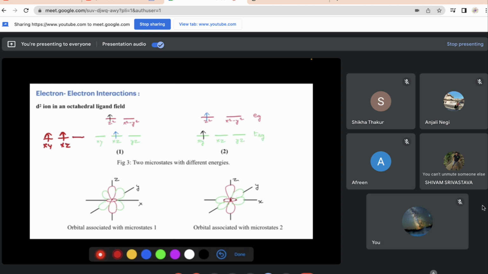So there are a number of microstates possible in the ground state itself, but let's just discuss an excited state example. If I say that in the ground state my two electrons were in XY and XZ, then in the excited state,